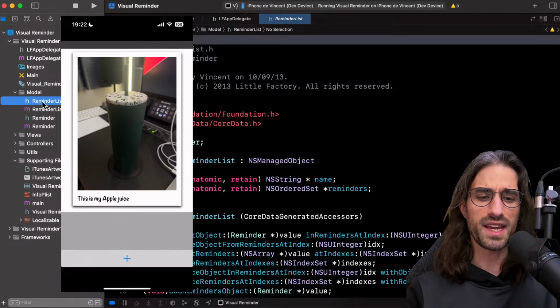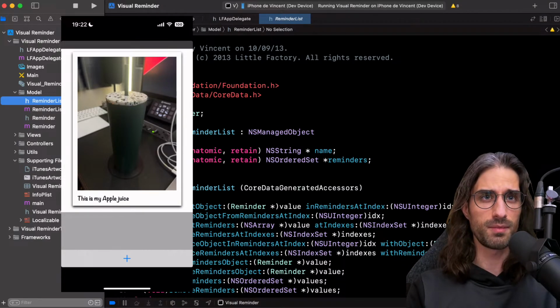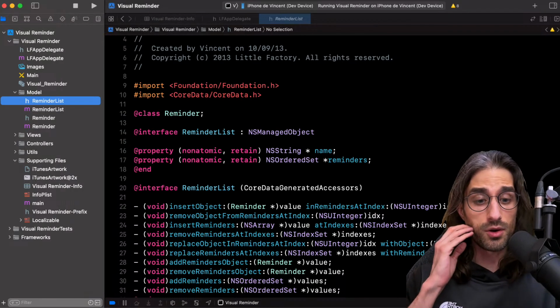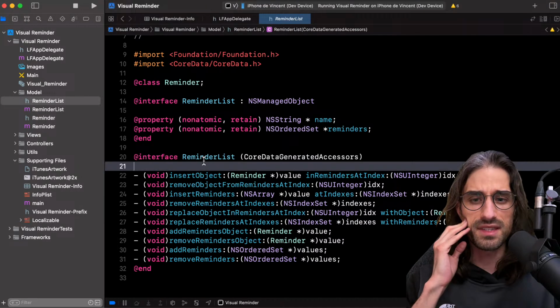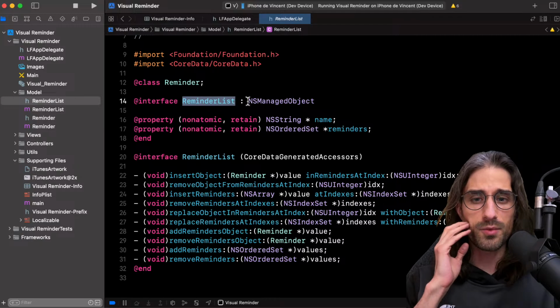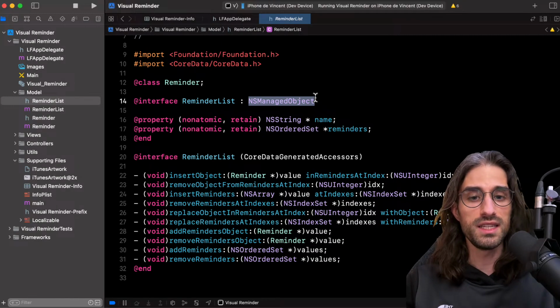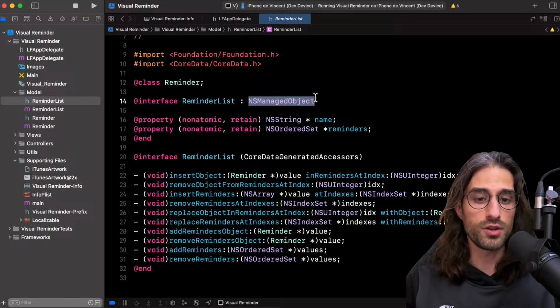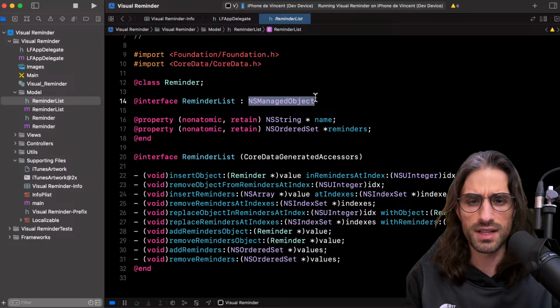Then we can take a look at the model. So I think this was generated by Core Data. Yes, this was generated. And so basically, I'm going to hide the phone. You have all the things you would expect from a framework that deals with data. So on a reminder list, so it's the object, we say that it inherits from NSManagedObject. So anything that comes from Core Data is a managed object. This is why you have all the logic to deal with the persistency and whether the object was modified and that kind of things.